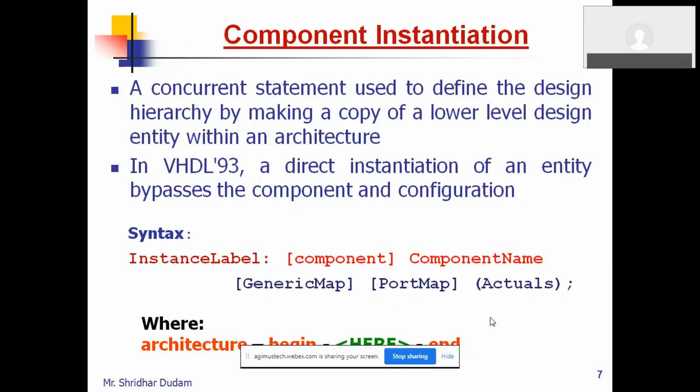Obviously, we have already used structural modeling in your test bench, because the test bench works on structural modeling only. There you called your design under test as a component, and then you instantiated that component using the port map. You can just check your test bench. It is nothing but the best example of structural modeling. So we can map the generics, and we can map the signals also.